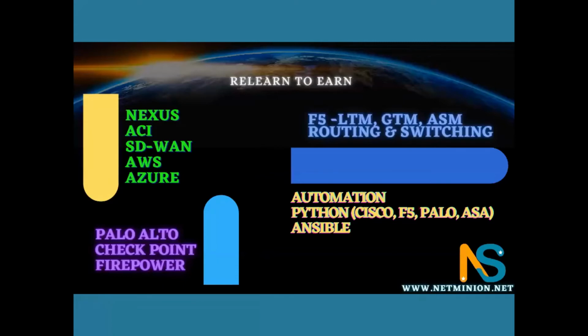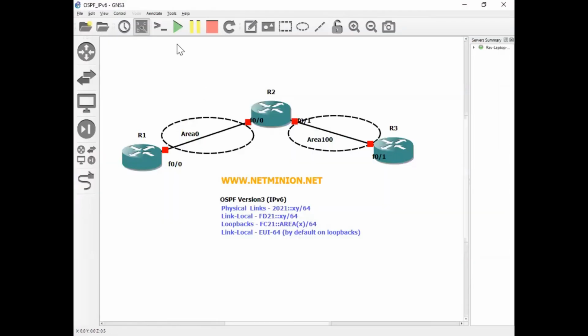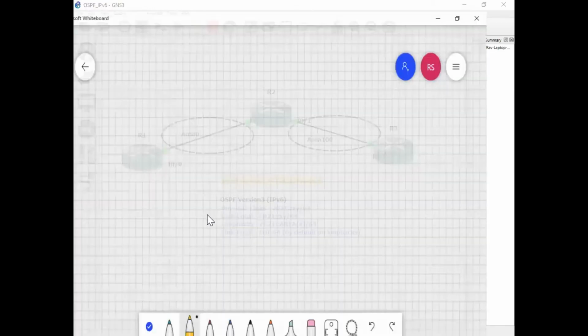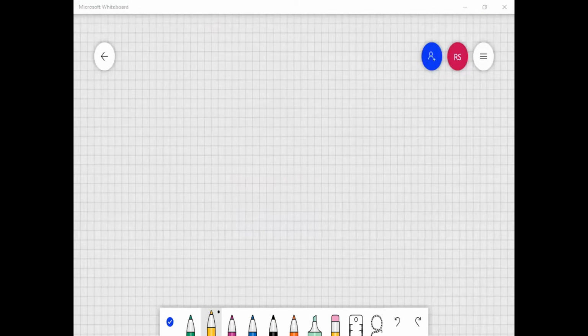Now let me quickly go to our lab, turn the lab on, and I will configure the OSPF. Before configuring OSPF, let me tell you some more points about OSPF, because we didn't cover OSPF yet, right? So for IPv6, I showed you how to configure IPv6 on the interfaces. I will be showing you different things on our lab also, don't worry. But let me tell you one more thing.